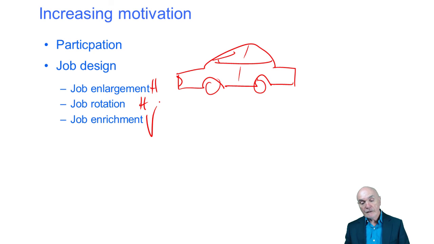So this could be you're putting on the wheels, but what you're supposed to do as the car moves past you is to look at the paintwork. And if there's a flaw in the paintwork, you put a little kind of sticker on it so that it's brought to somebody's attention to be polished out or repainted or whatever is required. Now you're using your judgment. Now you are responsible for an important element of quality control.